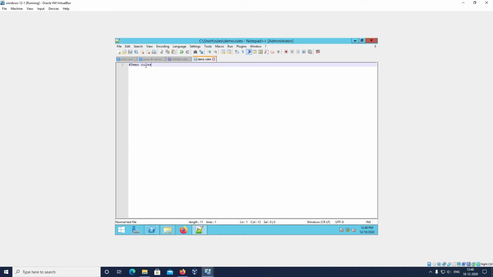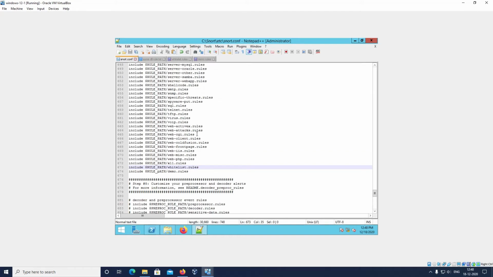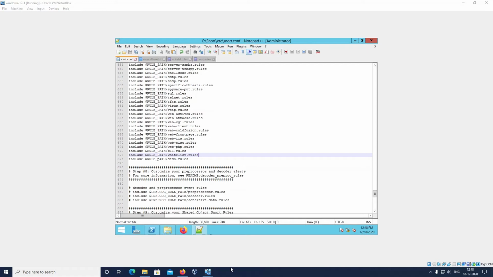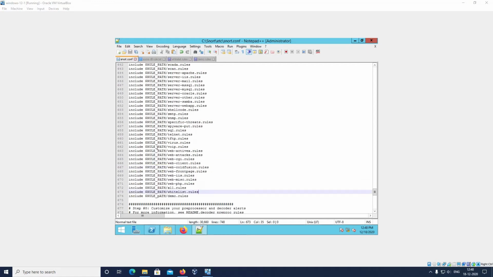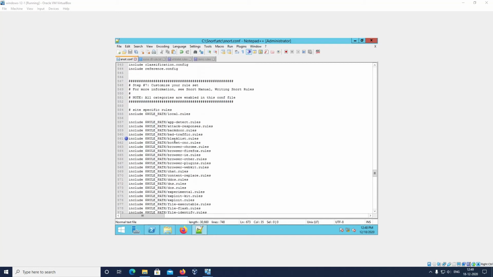Okay, we will see the rules later. We will write the rules in a later part. After the configuration has been fully done in the configuration file, the next step is to check it with the syslog file, the syslog line.